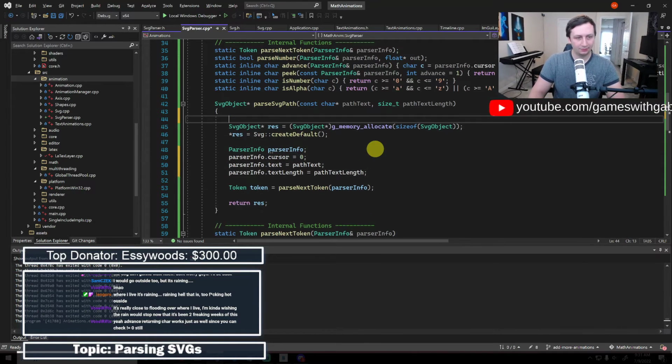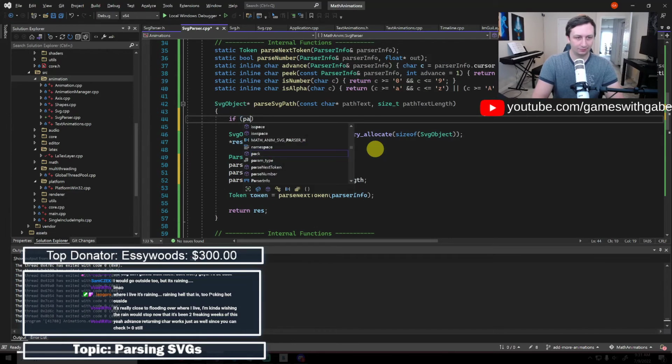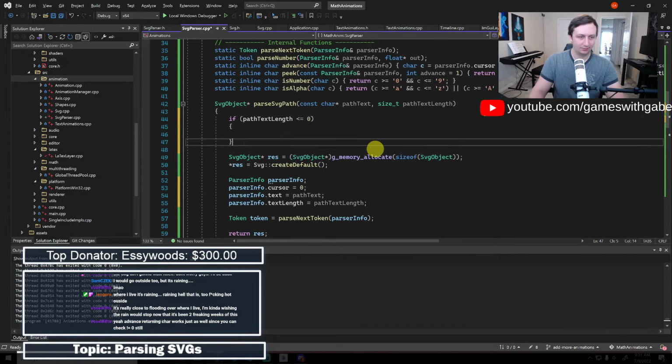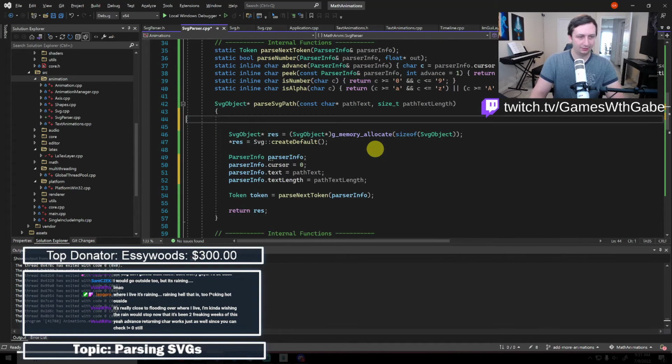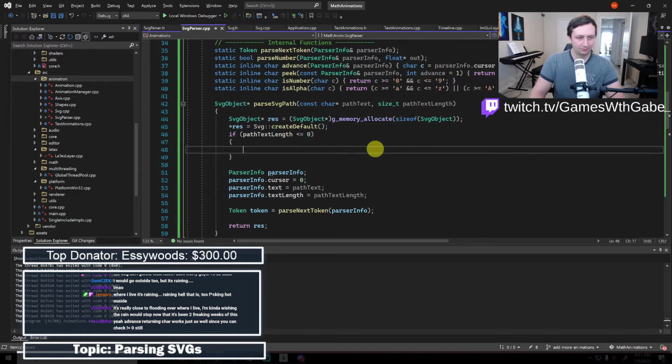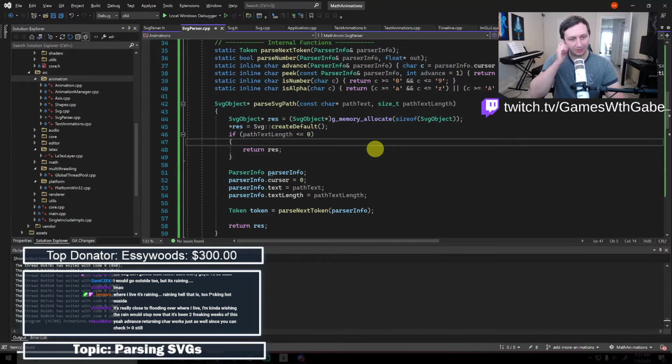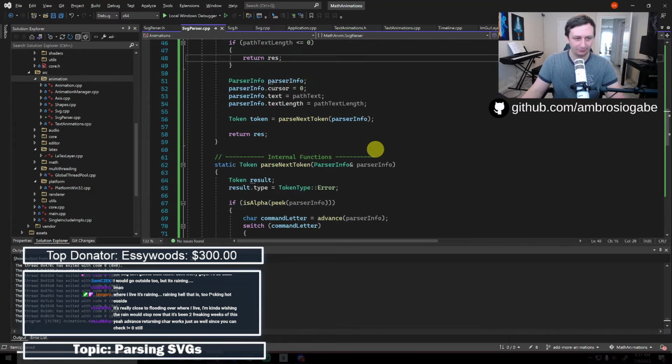And let's also just do if it is less than or equal to 0. And I'm actually gonna do that here. We'll just return an empty SVG object. Okay, maybe I'll put a warning there or something eventually, but that's fine.